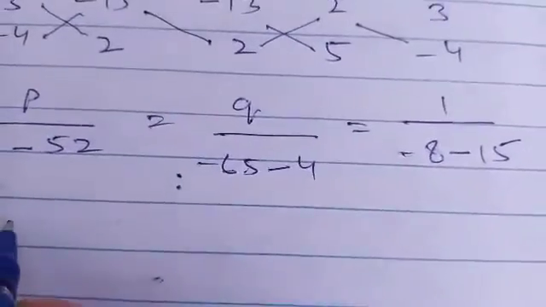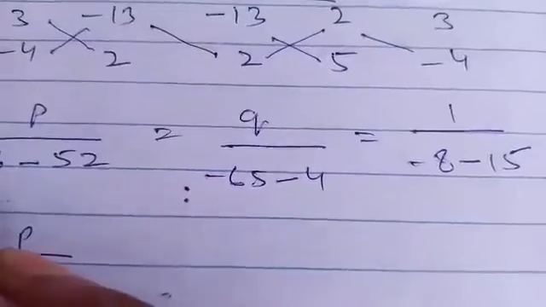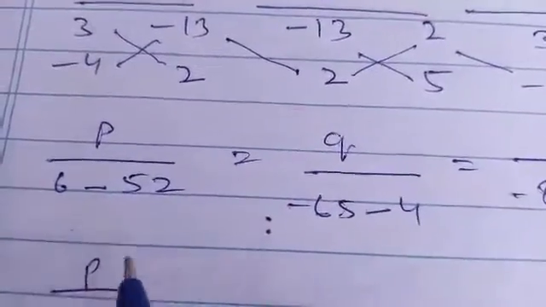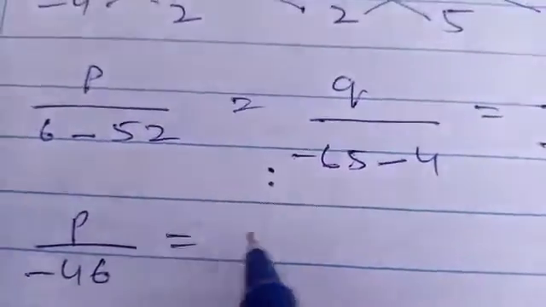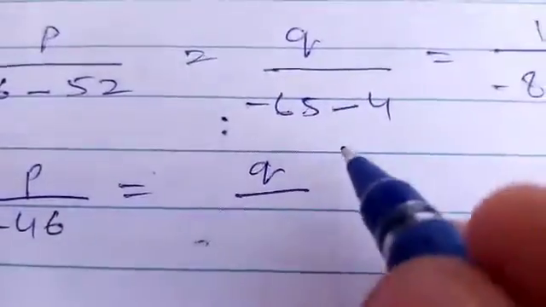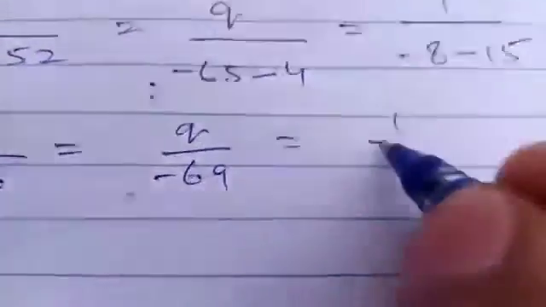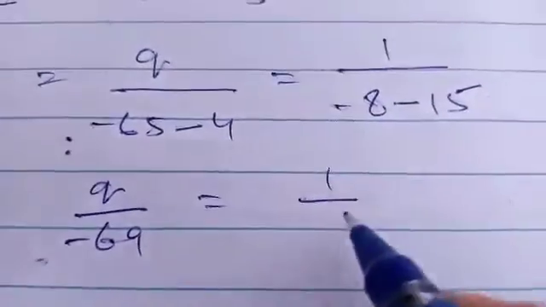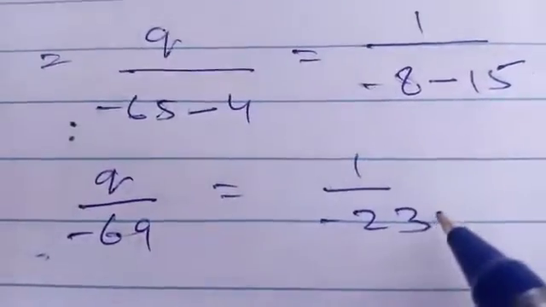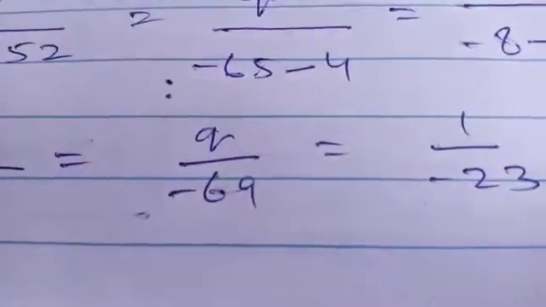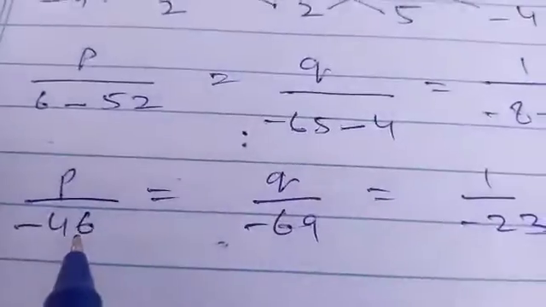So what do you get? p upon minus plus 6 minus 52 gives minus 46, and q equals minus 65 and minus 4 minus 69, and equals 1 upon minus 8 minus 15 equals minus 23. So in the denominator we see that all the numbers, minus 23, 69 and 46,